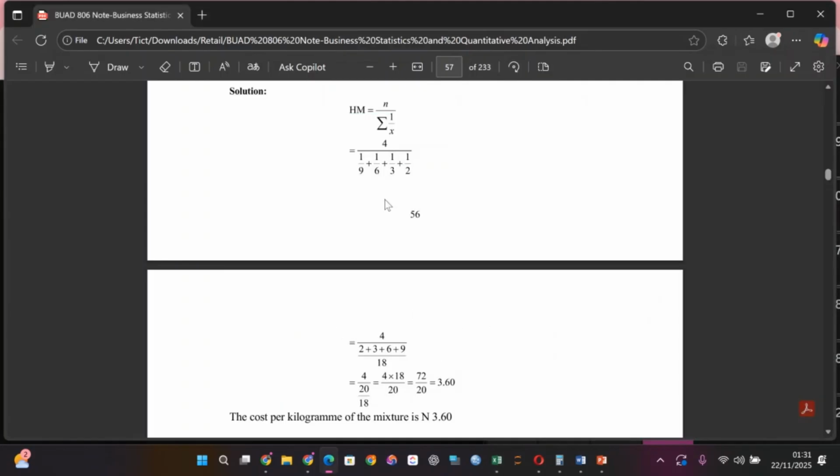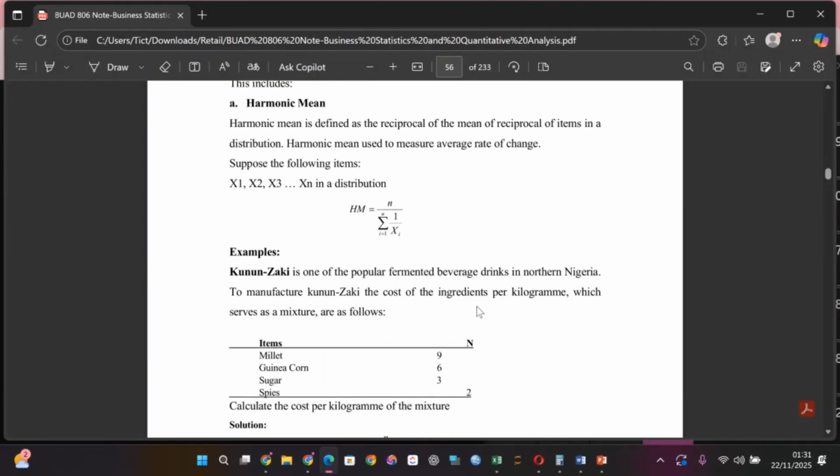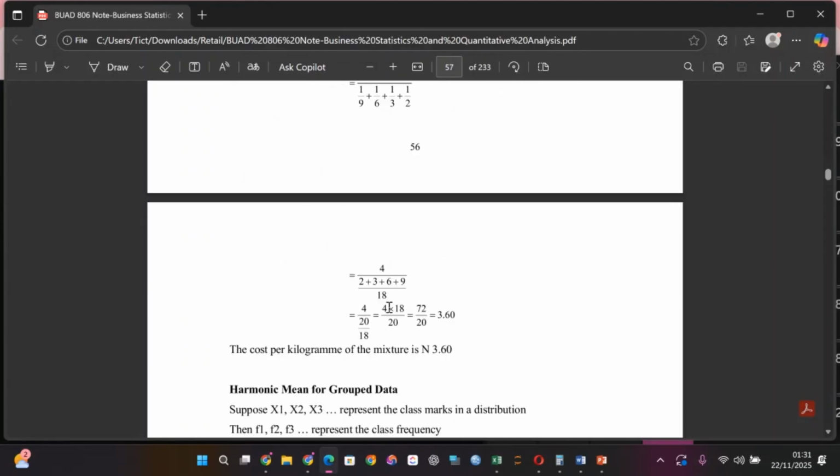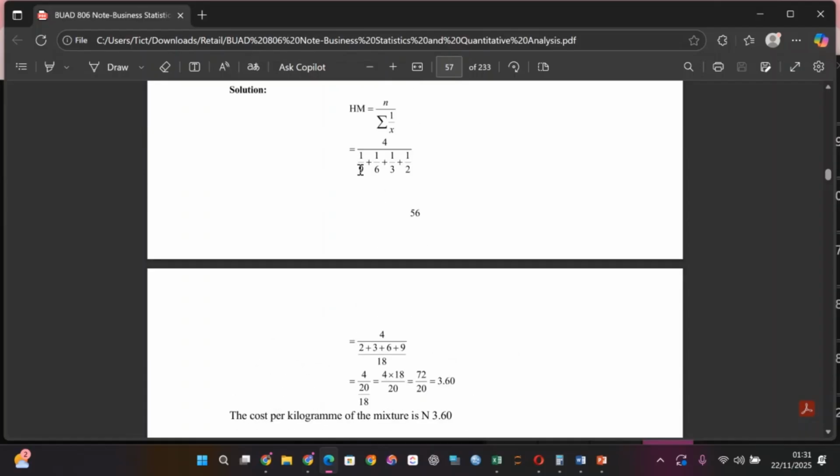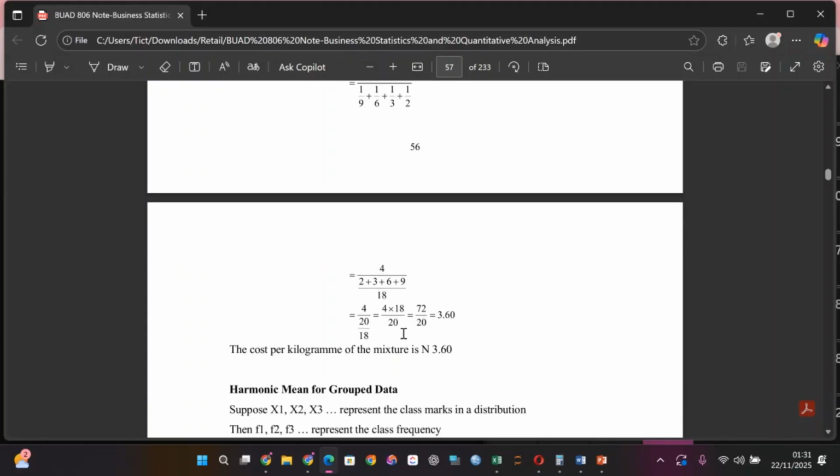And so now remember, the formula was telling you the reciprocal of it. So what it means is, I will now turn this one. Now this one was down here, one divided by this one. So I'm going to reciprocate the whole thing, turn it up, and then it's going to be the same. After I've gotten this common denominator here, which is 18, we now add the values 1, 2, 3. This one will give you 4 divided by 4. So what you're going to do now,